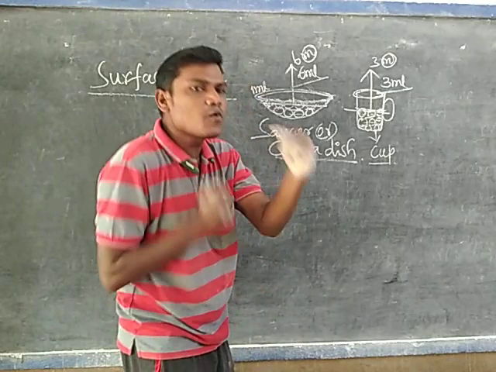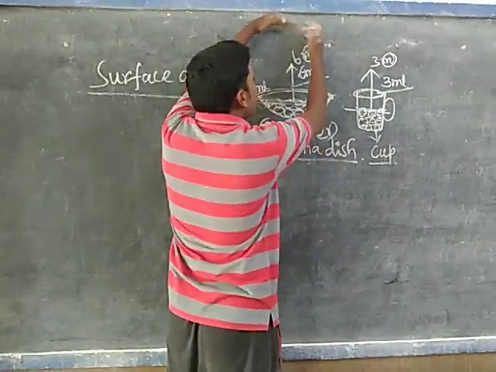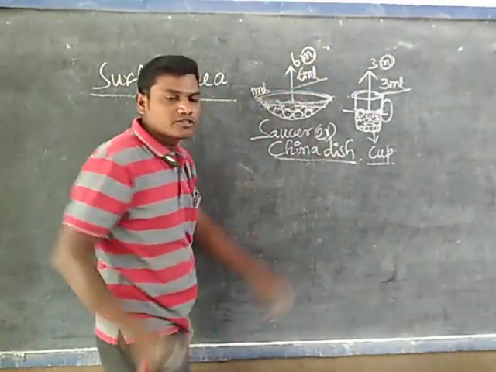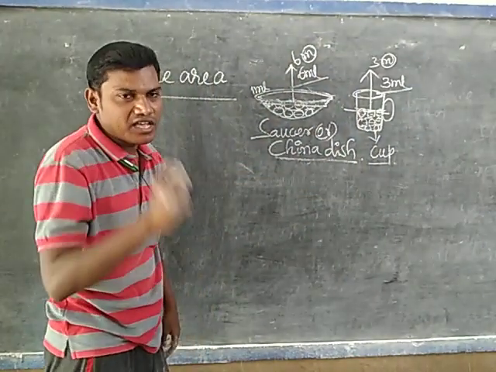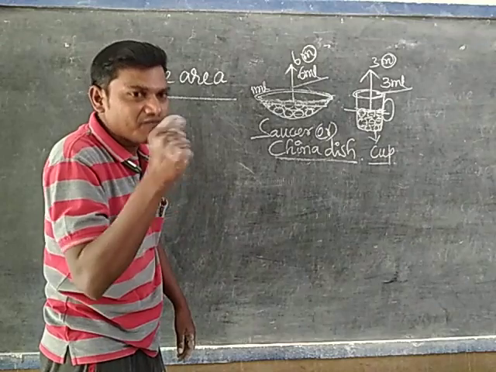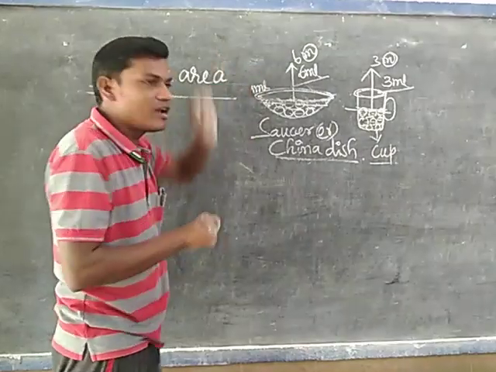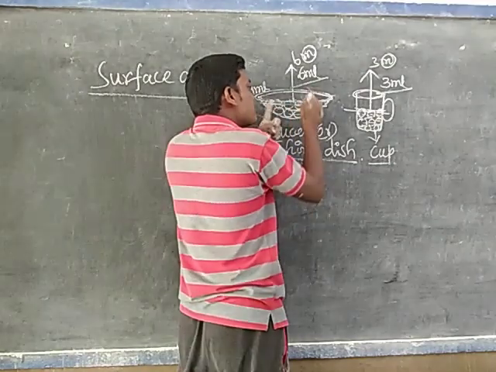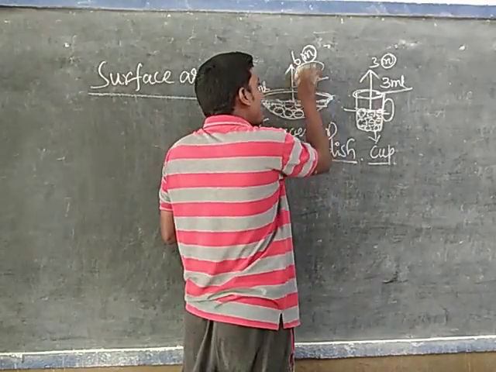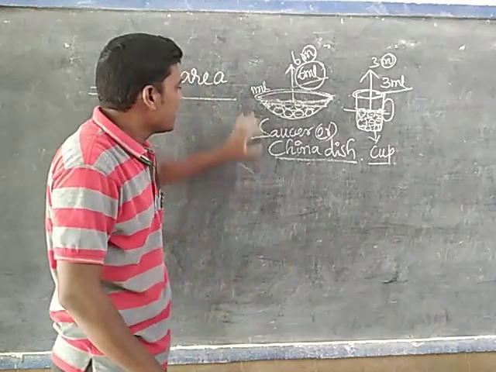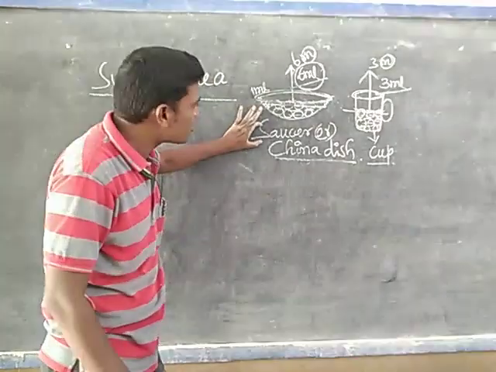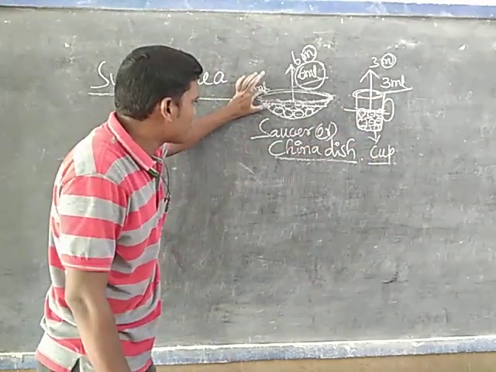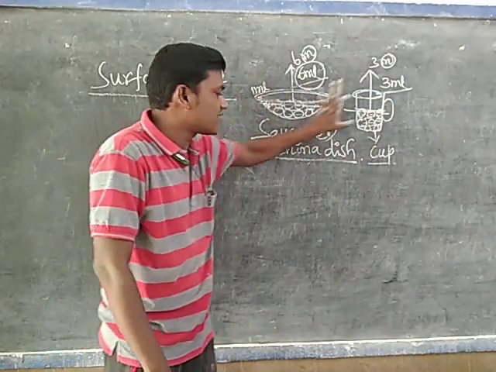That's why every 1 second, these 6 will be converted to the gaseous state. Here how many? 3 is there. So one water molecule has very little volume, but for your understanding, we have considered 1 ml. Each water molecule is 1 ml, so for every 1 second, the quantity of liquid that evaporated in the saucer is 6 ml, and in the cup 3 ml. That's why evaporation is more in the saucer, less in the cup.